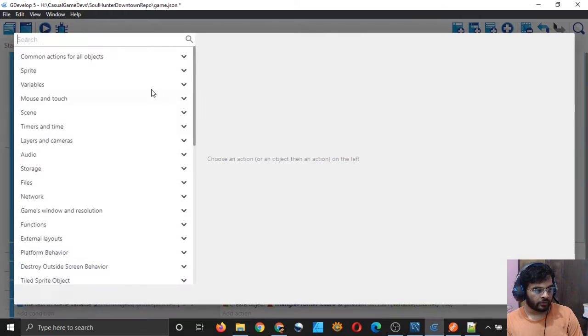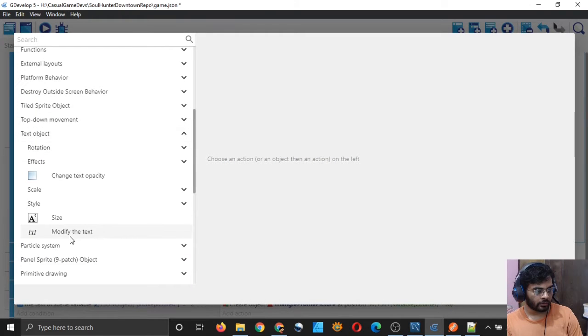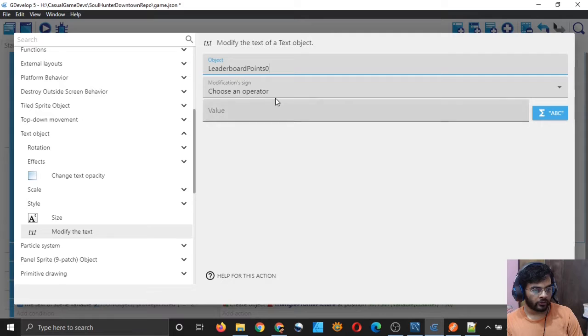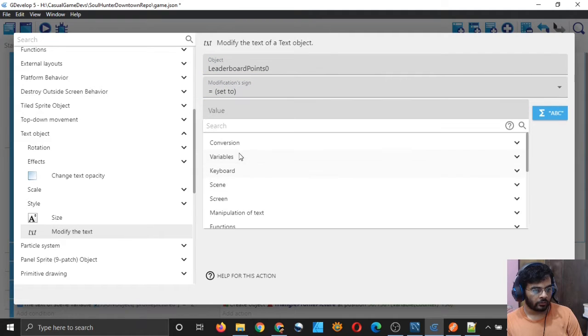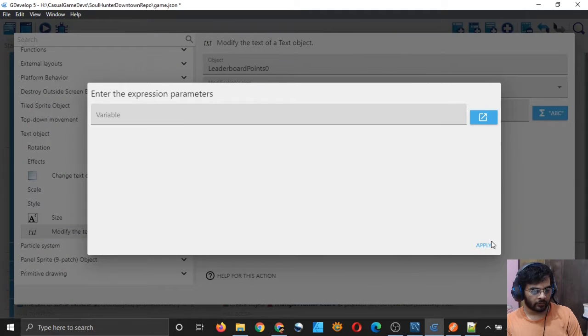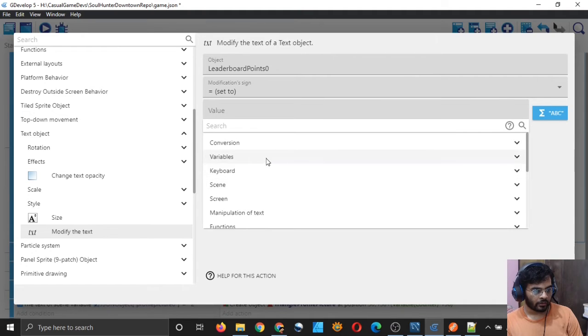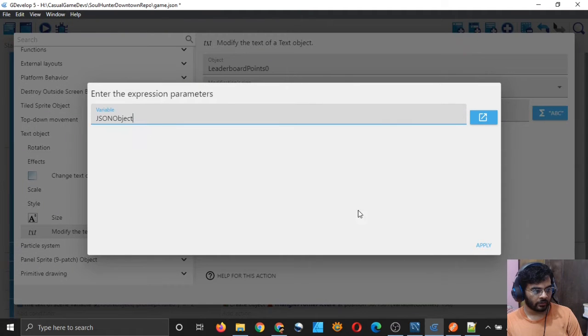I will change its value: modify the text of leaderboard point 0 to the value of a scene variable, and the scene variable is the JSON object.